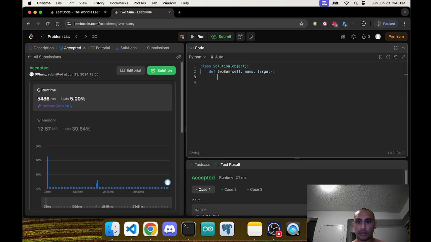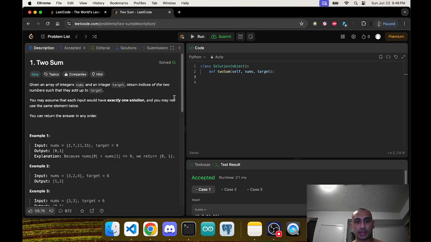So for Two Sum, if you go back to the instructions, the description, it says indices of the two numbers such that they add up to target. So this is target. This is the nums array that they have of random numbers. And there's exactly one solution. So we don't need to worry about if we traverse and find multiple combinations, because there's not going to